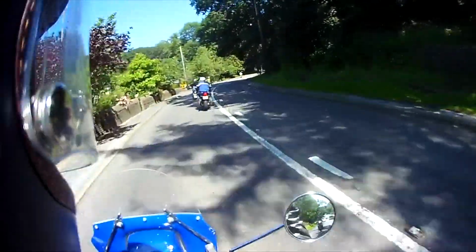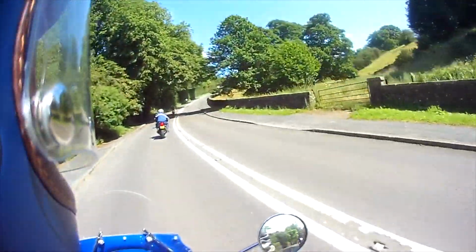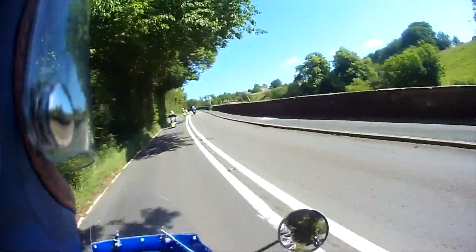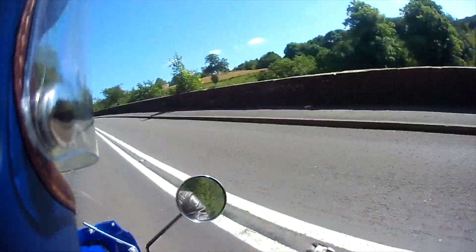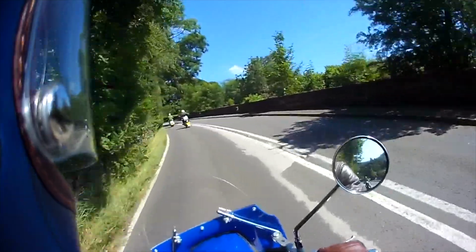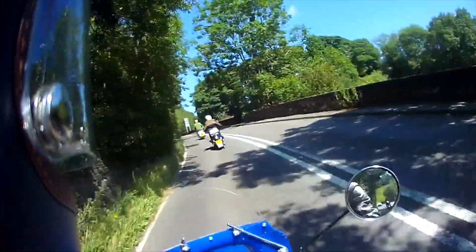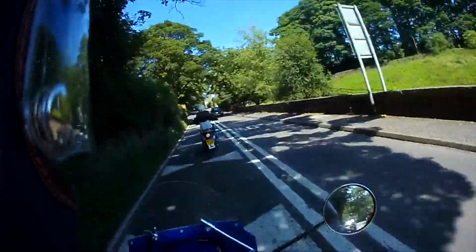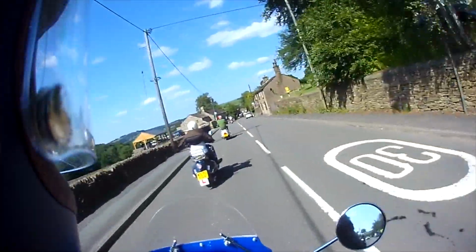And he kind of takes this bend here and he shoots past us all. Looks like it's a pretty blind bend here, round to the left, but off he goes, past all of us. Just pulls in just before the bend. Absolute lunatic. Well, that's my opinion. If you're a biker watching this, you probably disagree. I'm sure he had it all under control. So now we're heading towards Rainow,